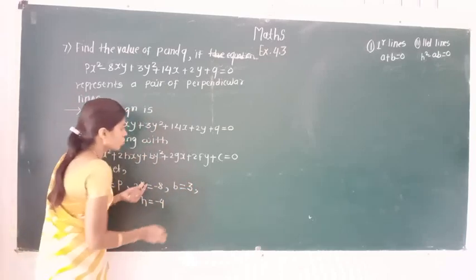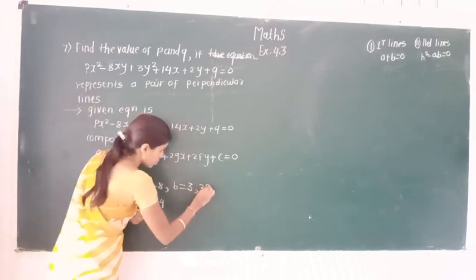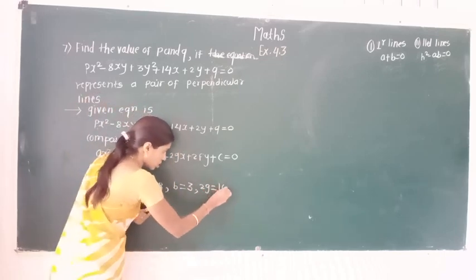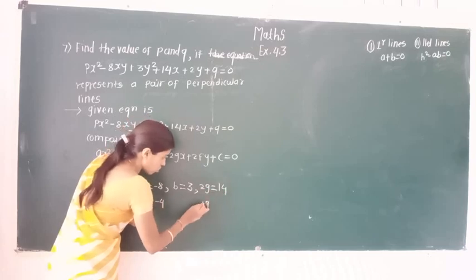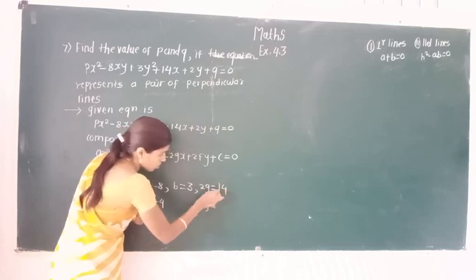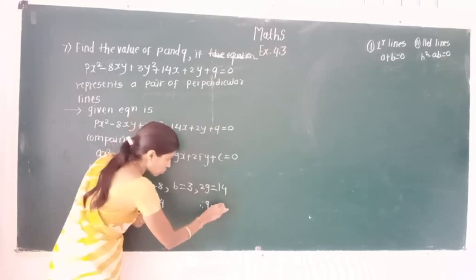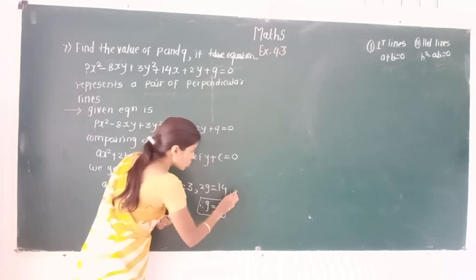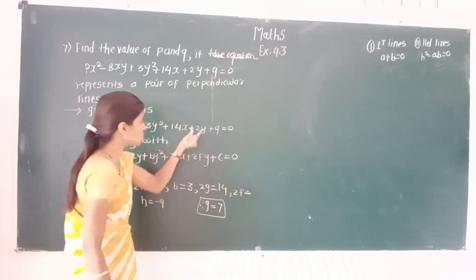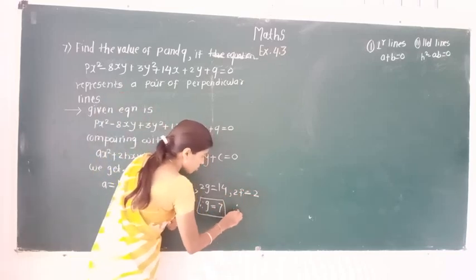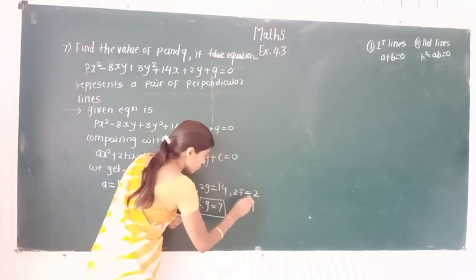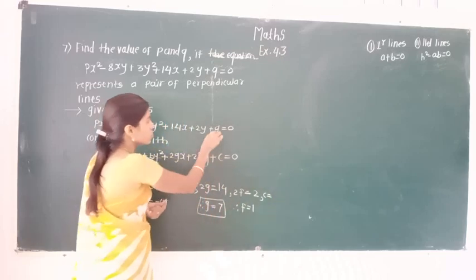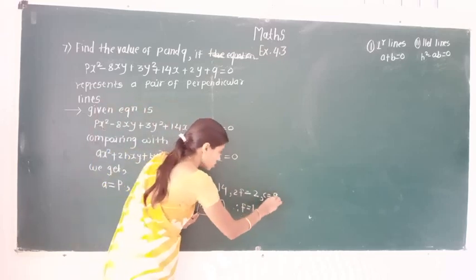Now the coefficient of 2g. 2g is the coefficient of x. Coefficient of x is here 14. Simplify this, we get the value of g is here, 2 7s are 14. So take g is equal to 7. Now the value of 2f. 2f is here 2. After simplifying this, we get the value of f is here 1. And value of c is the constant term, and constant term of this equation is here q.